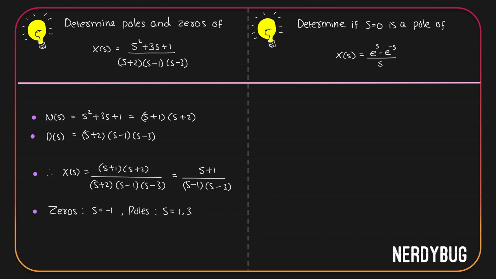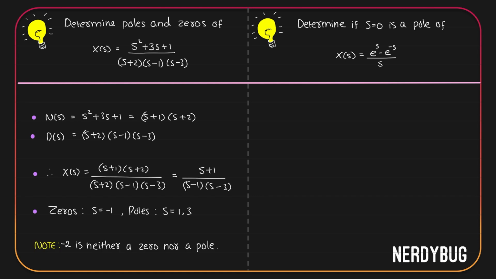An important thing here is that if you directly look at X(s), it looks like in the denominator we have s + 2, s − 1, s − 3. So we would feel that −2, +1 and +3 are the poles. But −2 is not a pole, only 1 and 3 are the poles. That's because s + 2 got cancelled when we wrote s² + 3s + 1 as a product of its factors. s + 2 was there in the numerator and the denominator, but −2 is neither a pole nor a zero because s + 2 gets cancelled.